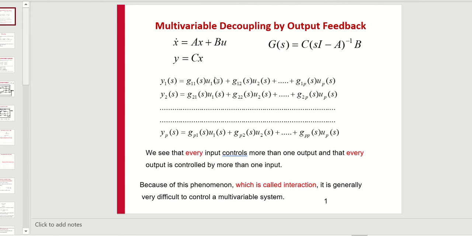And when we control multivariable systems, one of the issues is when you do a set point change in one variable, you get an effect in the other channels. And these effects in the other channels are called interactions. And in general, it's very difficult to control the interactions in a multivariable system, especially if you use a decentralized controller. So one of the options is to move to a centralized decoupling controller, which is what this lecture is